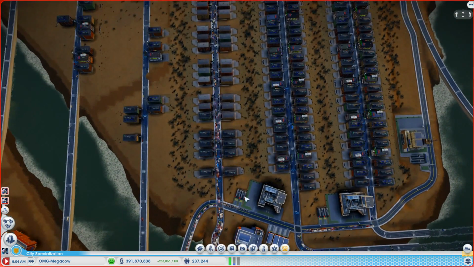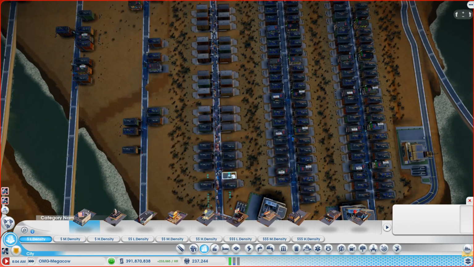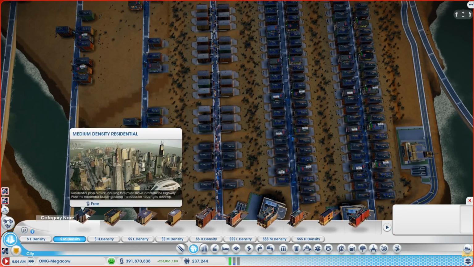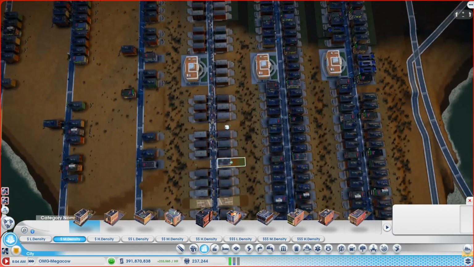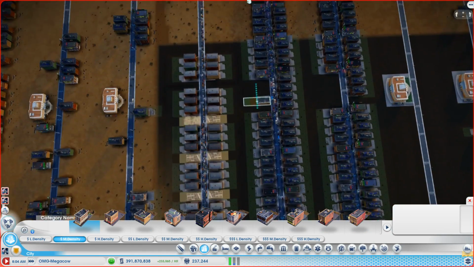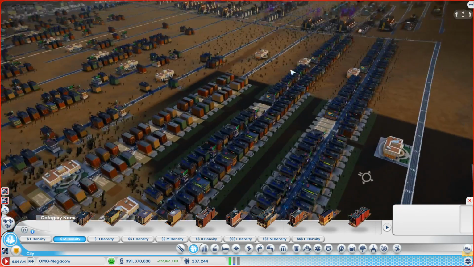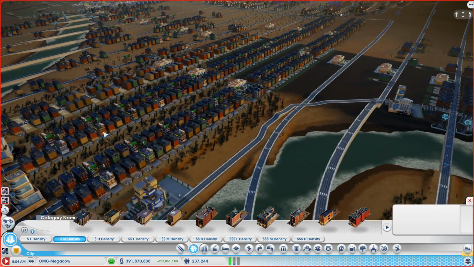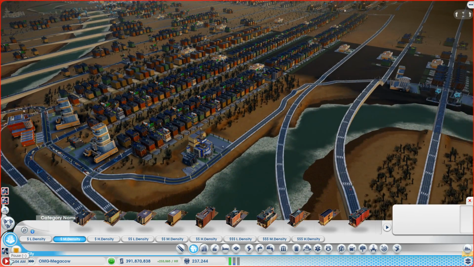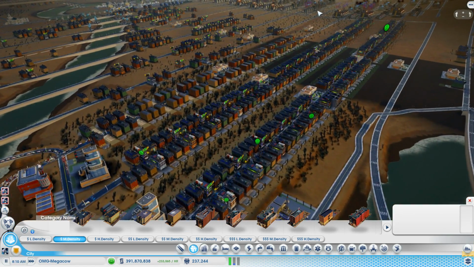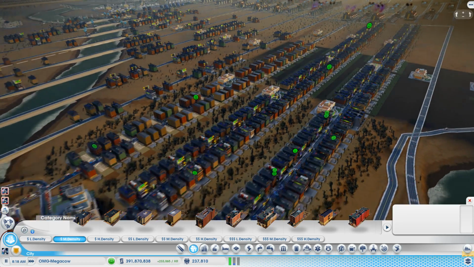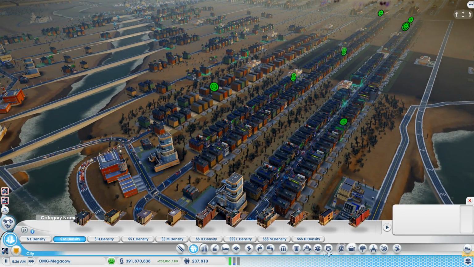Shall I put the commercial in? Yeah, I'm going to put the commercial in because the commercial's really quick. Okay, so there you go. We've got a third row in. Or almost. I need to do the top bit, but almost a third row in.